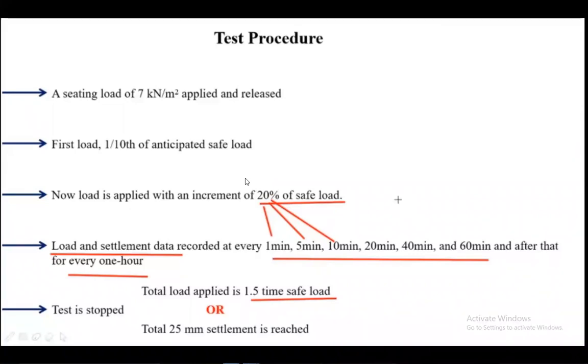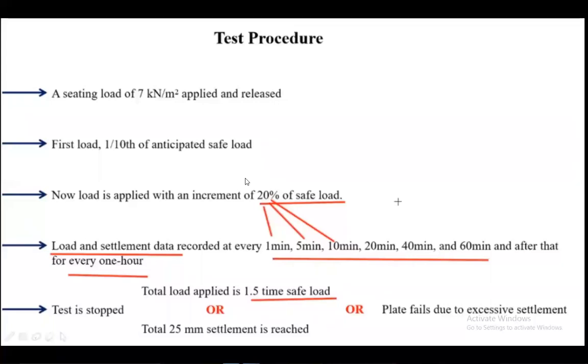Or sometimes what happens is your plate fails in excessive settlement. Let's say it is not reaching 25 mm. Let's say you are doing the test and after some time you find a settlement equal to 15 mm, and from 15 mm to 20 mm, that gap of 5 mm is reached in a very short period of time. That means there is excessive settlement and the soil below the plate has failed. So you can also stop the test. So these are the 3 different criteria.